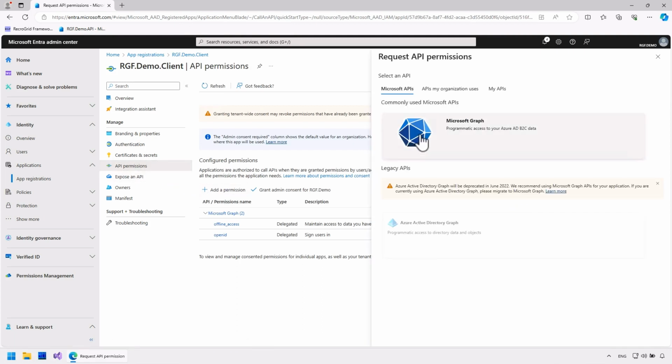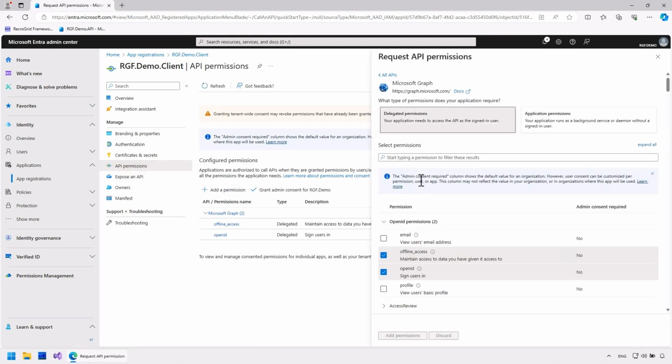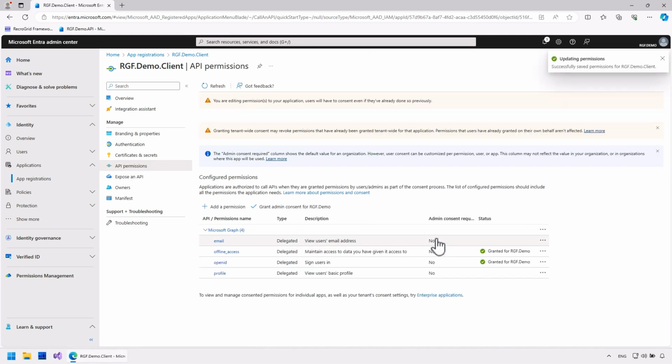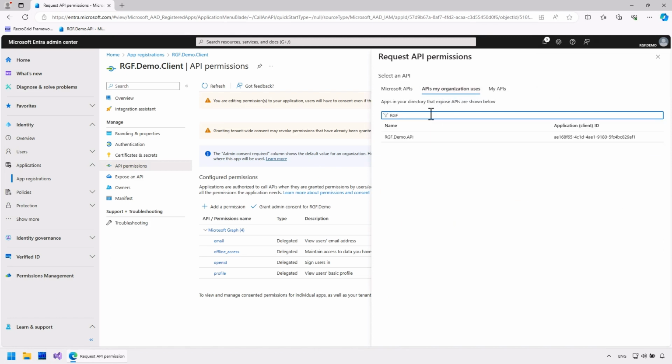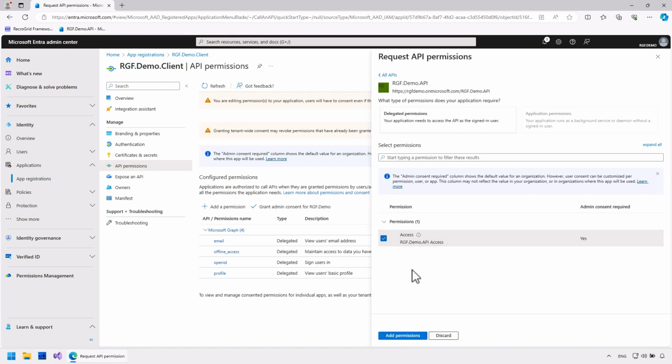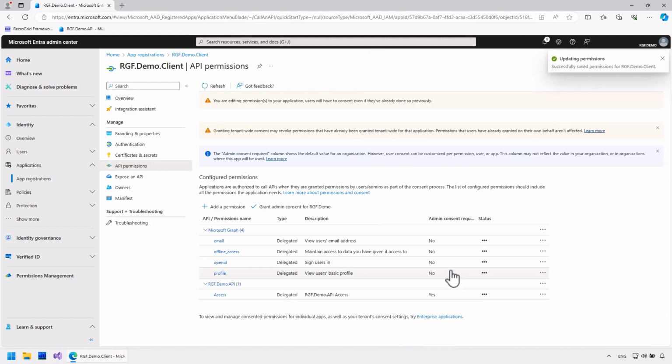I also allow the client application to access basic profile data. I allow the client to access the API. Admin consent is required here, so I provide that.